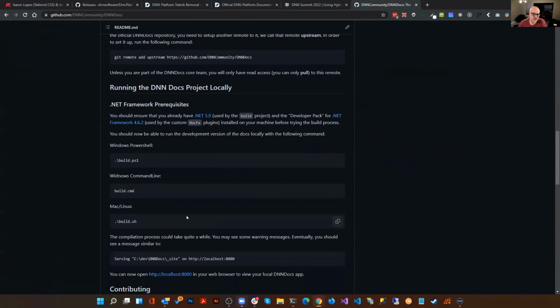Now you don't have to worry about going out and installing Chocolatey so that you can install DocFX so that you can get these other things. The whole build process and the project that it's in now go ahead and take care of those things for you and pull those dependencies in.